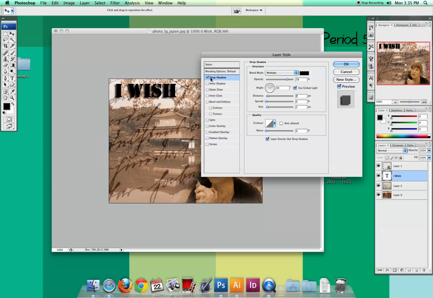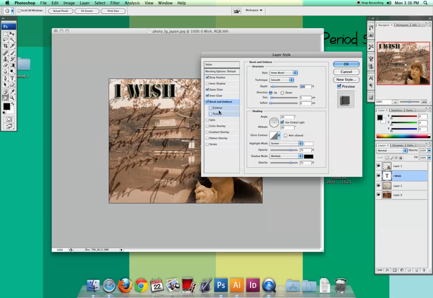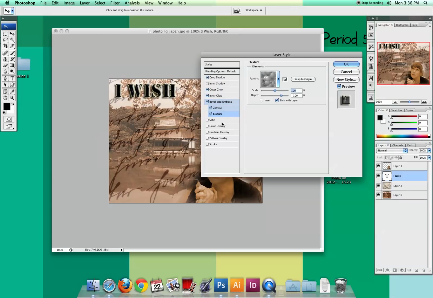So I kind of like the drop shadow, but I'm going to try a couple others. So I'm going to try inner shadow. That didn't really do much to it because I haven't changed the colors a bit. But as you start scrolling down, I like outer glow because it sort of sets my text apart from the background a little more. And again, I can change any of these elements, but for now we're just going to keep it simple. Sometimes it's fun to just kind of go through and notice what they do, but I don't